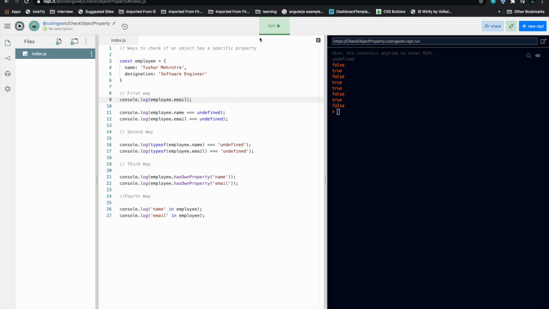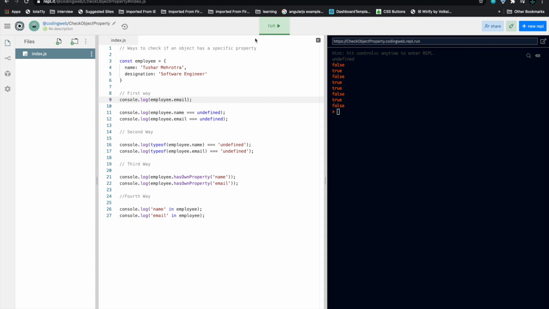If that property is available, then only you can do the operation, correct? So you have to check if you have the property. If you have it, then give me the first name from that property, but if it is undefined, you can't do that. So in this video, we'll check the different ways to check if an object has a specific